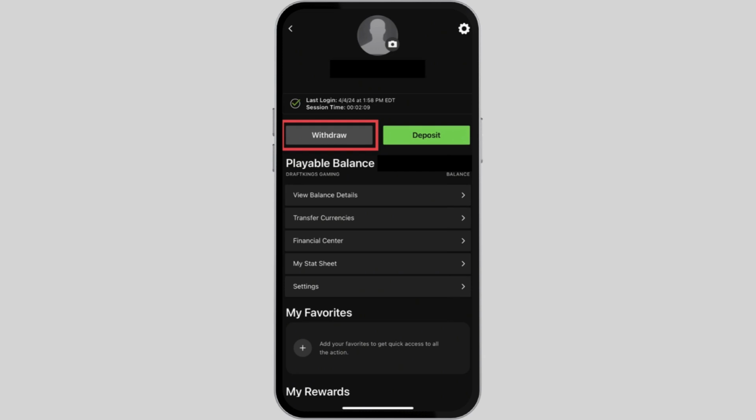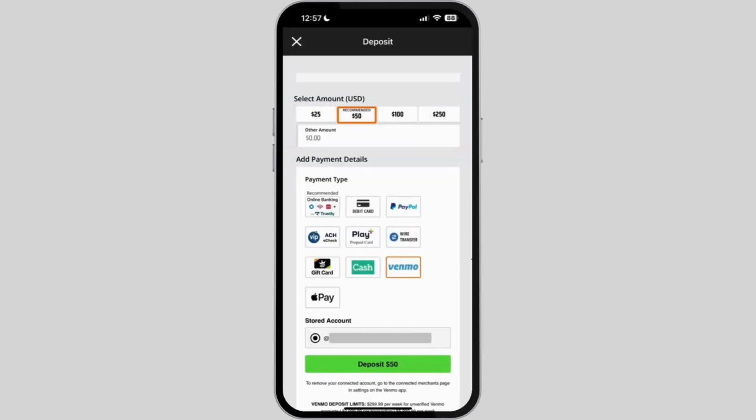However, you should know about the hidden fees that will apply while withdrawing your money from your DraftKings to your Venmo application. All you need is enough balance in your DraftKings as well. And make sure you have connected your Venmo to your DraftKings. If you face any difficulty regarding the process, you can check out the help and